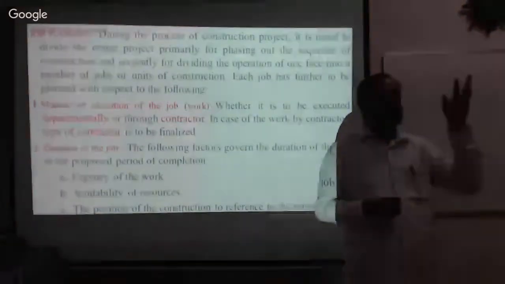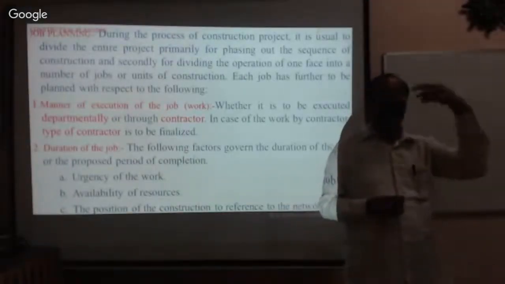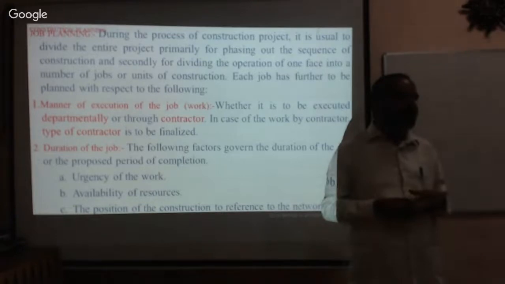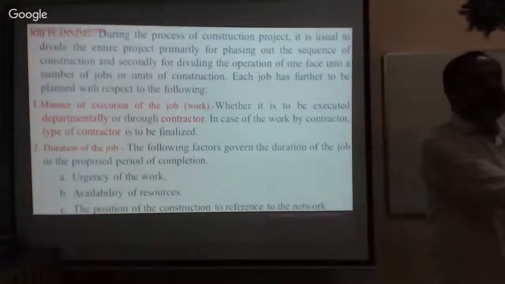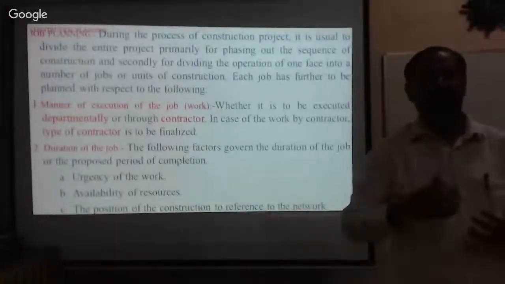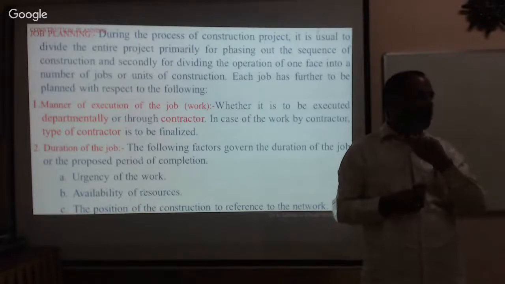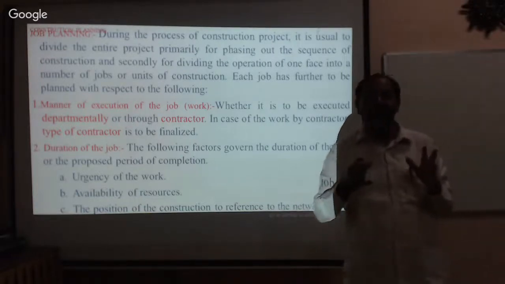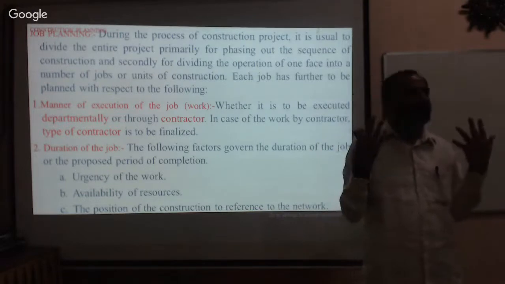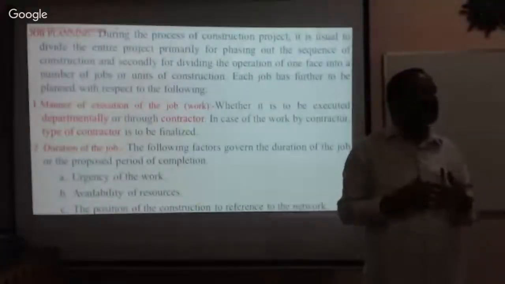Suppose you want to construct a DC office, or a school building, or a government building. No, we can't call somebody and hand over the job to him and let him do it. It is not possible. Therefore, we have to identify the contractor. Blindly we cannot identify him. Anybody can participate? For a contract, he also has to have a qualification.